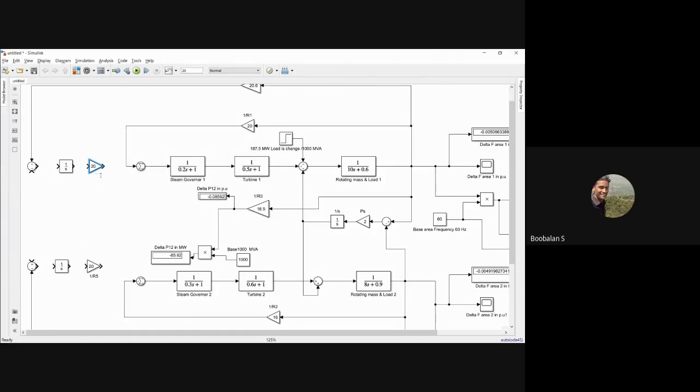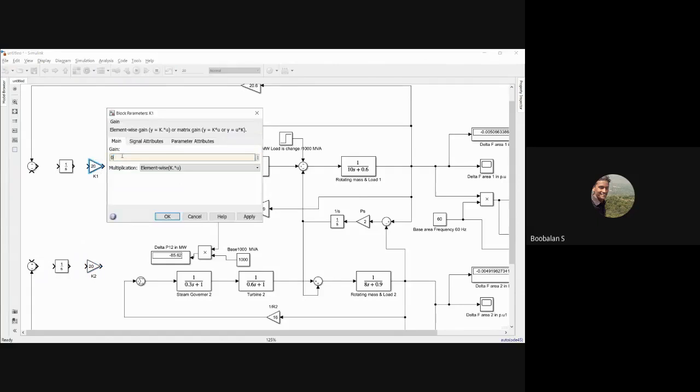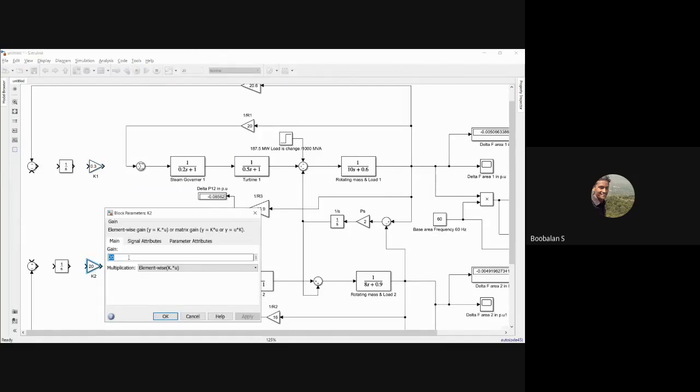In the textbook, this value is chosen as 0.3, right? So the textbook itself gives that value, 0.3. Its gain value is now 0.3. There is a P controller and a PI controller. It's nothing but a PI controller, right? I'm going to tell you later.